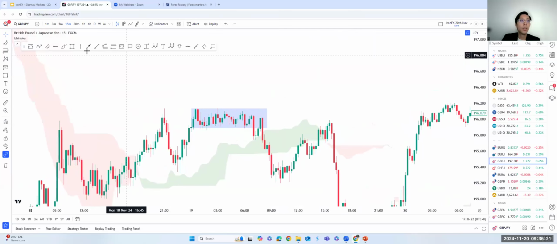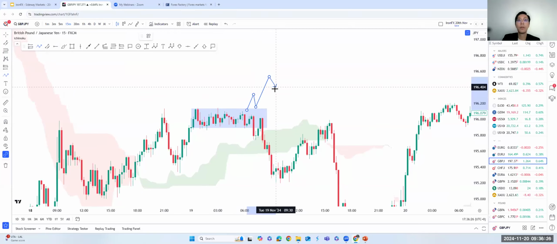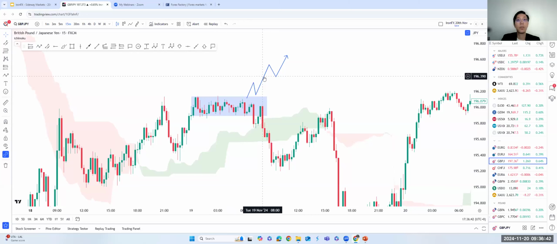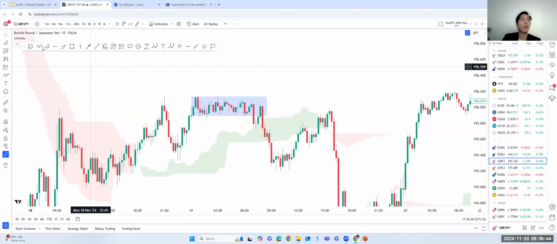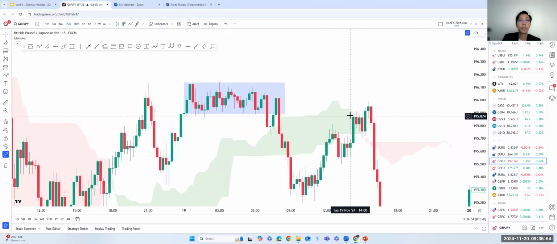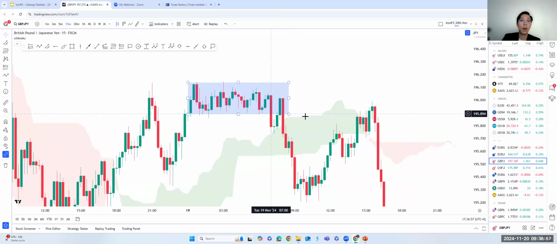Yeah, so it can go both ways, right? Let's say you're expecting this, because firstly we are above this Ichimoku cloud, meaning that we are bullish. So the next thing we are expecting is the breakout here. But price decided to break out towards the downside, which is here, right? So at this point, you know that there might be a possibility that price will want to break out